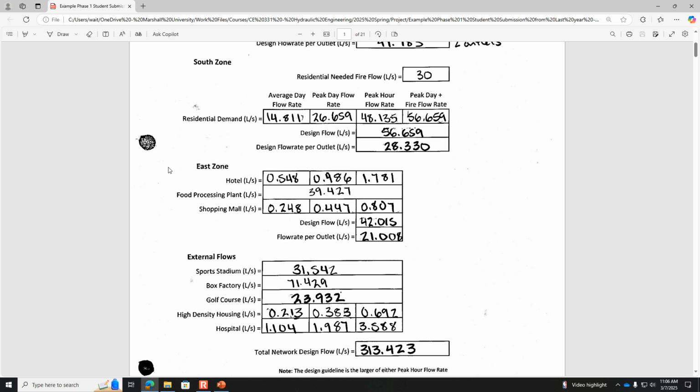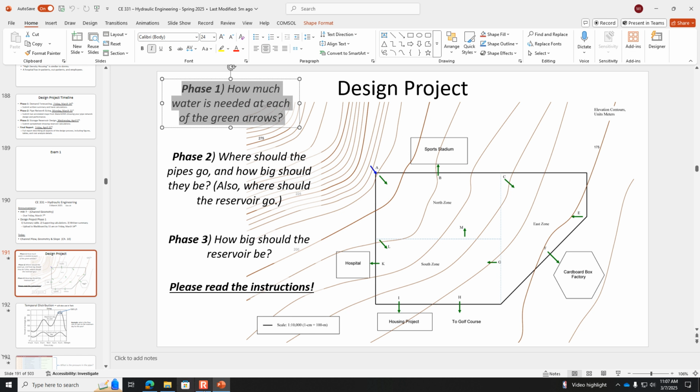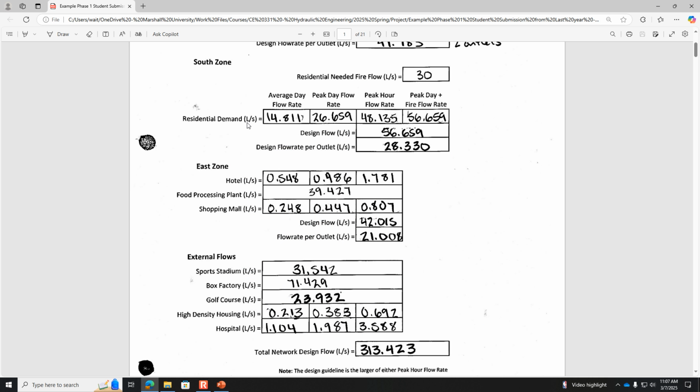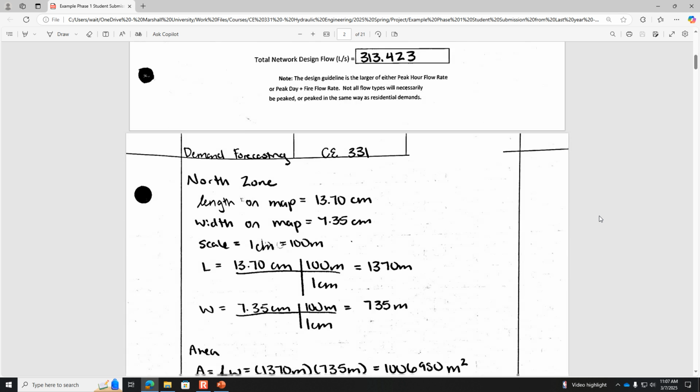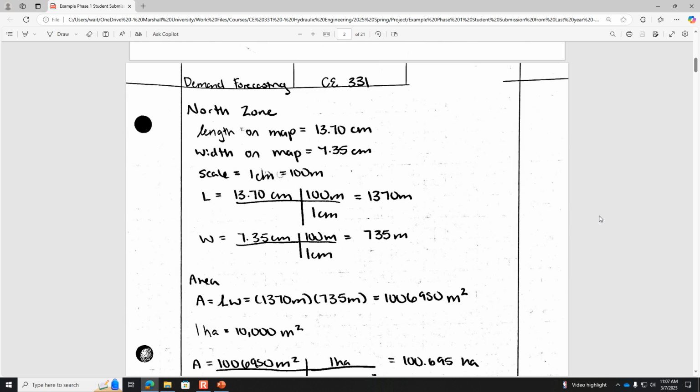But really, we want to know how much water is needed at each of those green arrows. And once you've got values on this table, then you're able, in phase 2 of the project, to start using WaterGEMS to figure out how big the pipe needs to be. So what I liked is that it was really